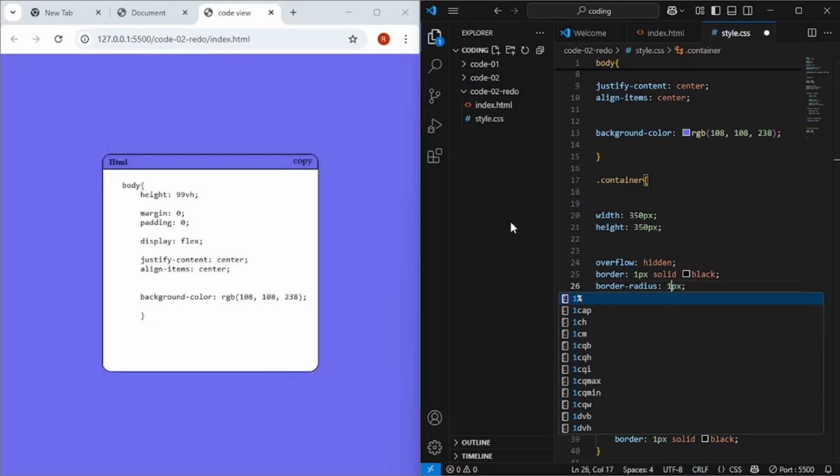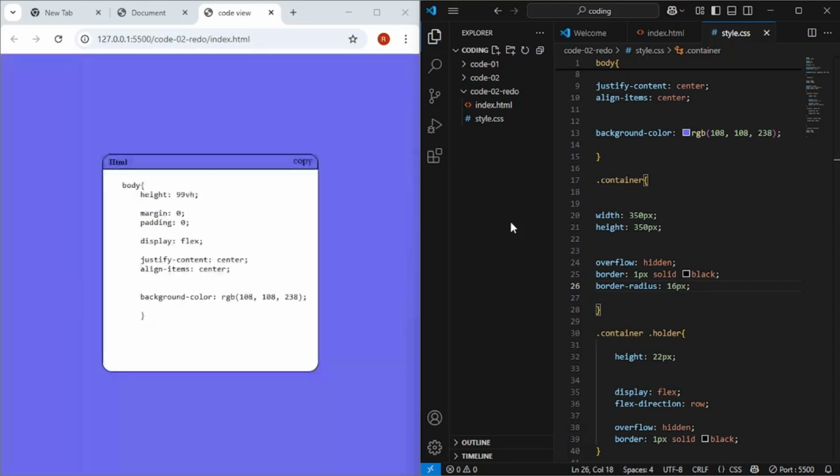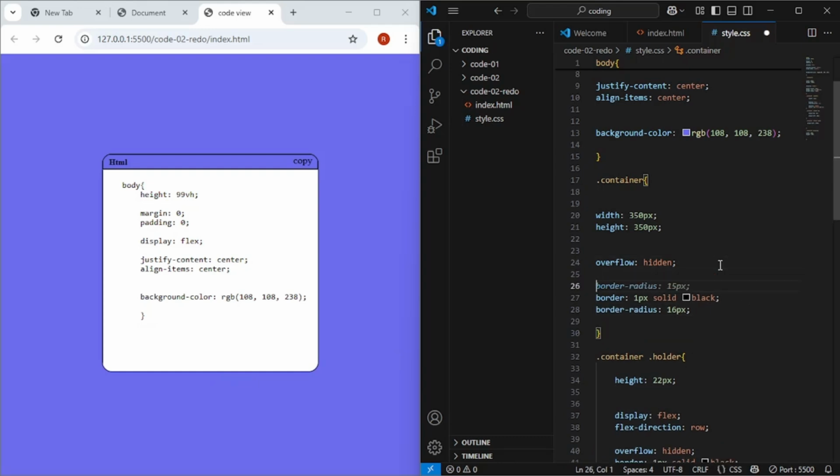Okay, maybe 16. Okay, that's looking much better. Okay, now let's change the style. Let's change the colors now, especially this upper area here. Alright, let's change the colors, the background color. I already got a background color for this here, so